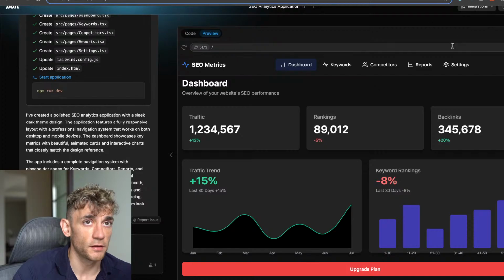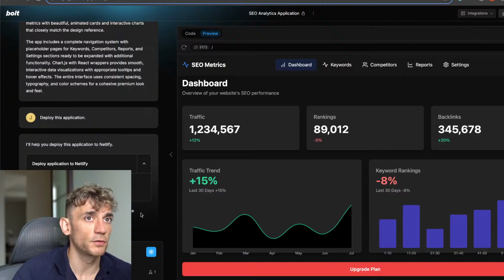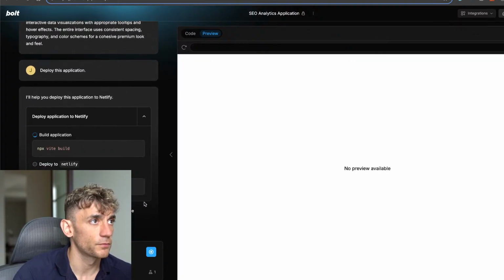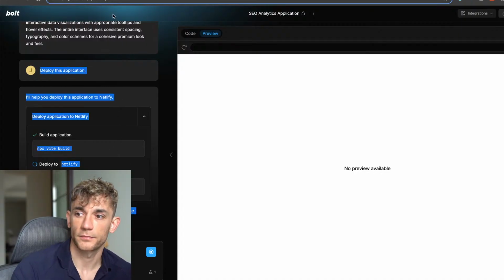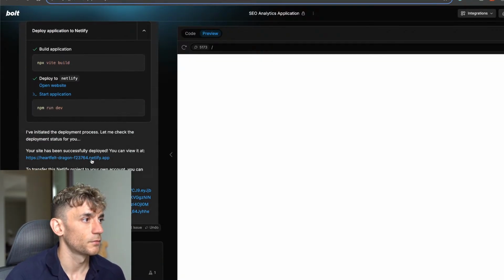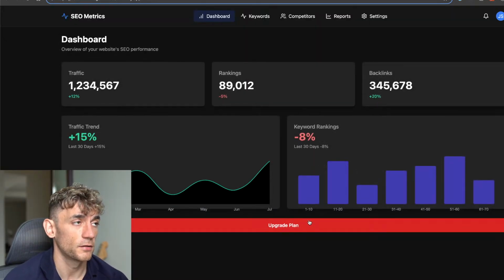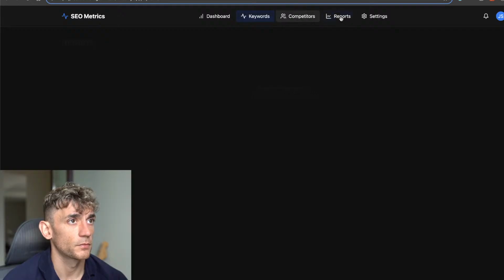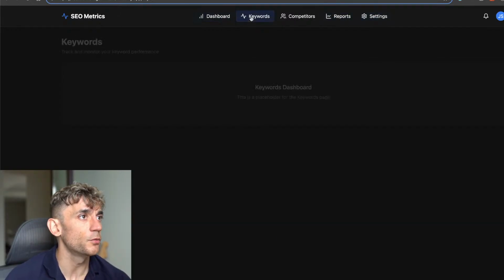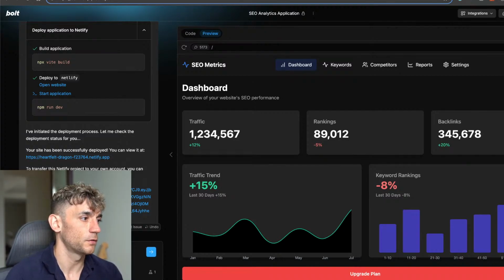Now, if you want to deploy any of this stuff, right, you can go to deploy over here. And that'll actually deploy it to a subdomain. So you see on the left-hand side how it's deploying that now. We've now got the app that we created deployed on that subdomain. Now, obviously, you wouldn't deploy it until you've built out each page, but you can see how that works. So if we say now, okay, build out the rest of the pages.